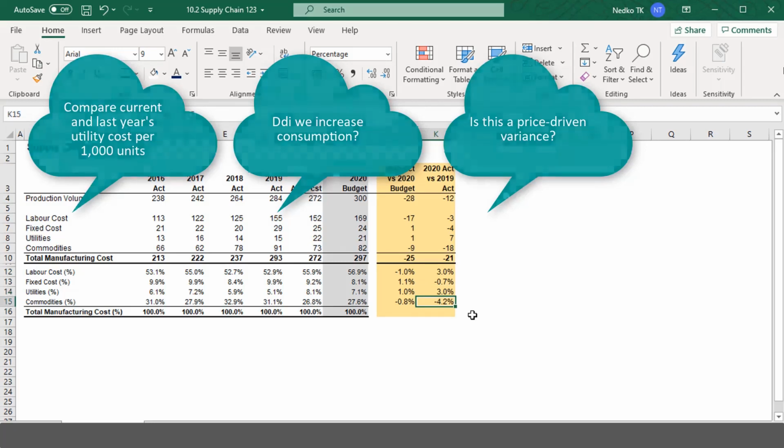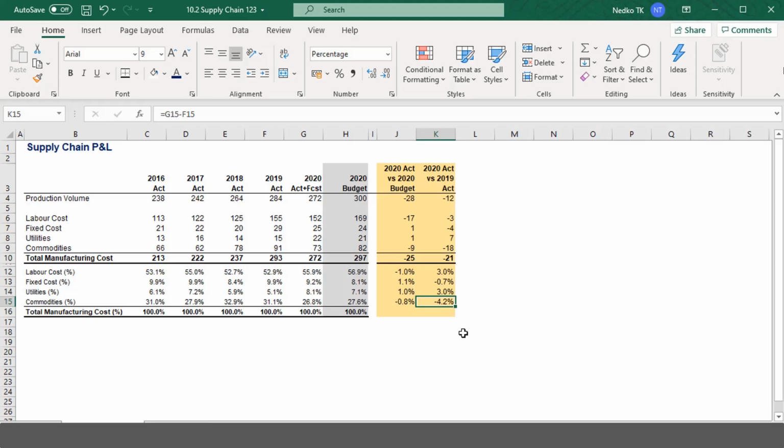Now, if we think further about what can influence the cost of our supply chain department, we can think of inflation or the oil price that has an impact on energy costs. These are external factors that are not in our control. A company can seek protection from such risks by hedging through derivatives, but the process of how that's done is beyond the scope of the exercise.